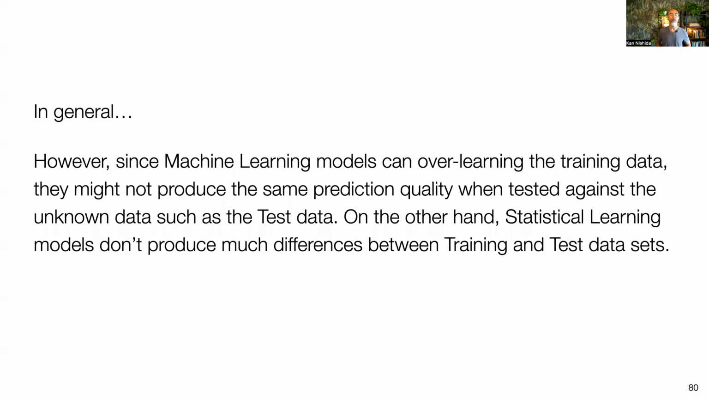But in general, however, since machine learning models can overlearn the training data, they might not produce the same prediction quality when tested against unknown data, such as the test data. On the other hand, statistical learning models don't produce much difference between training and test data sets. And this knowledge is very important. I'm not sure this is even knowledge. It's information. This information is very important because